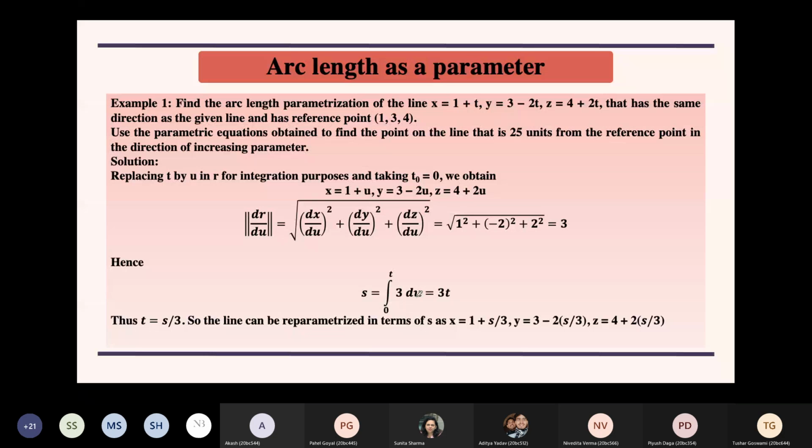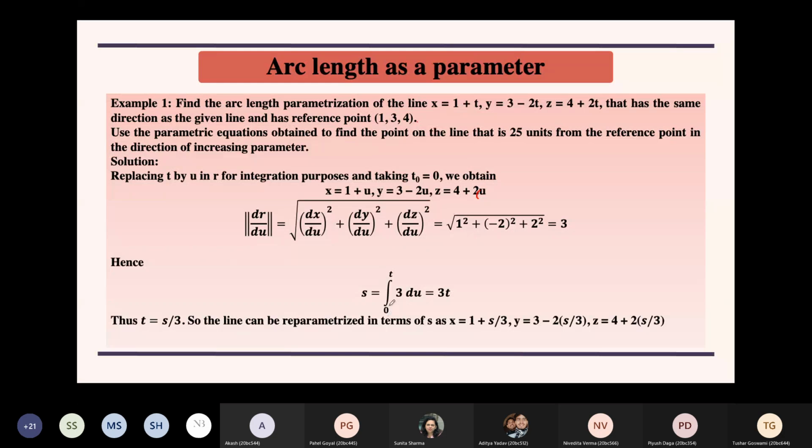So in the original equation or the parametric representation, you replace t by u. This is a direct replacement. Okay, there is no different u. This u is the same as this t. Just replace t by u throughout. Find out the integration of arc length from 0 to t. And how did this 0 come? It came because our reference point corresponds to t equal to 0. When we put t as 0, we get this reference point. So that is why I have taken 0 here.